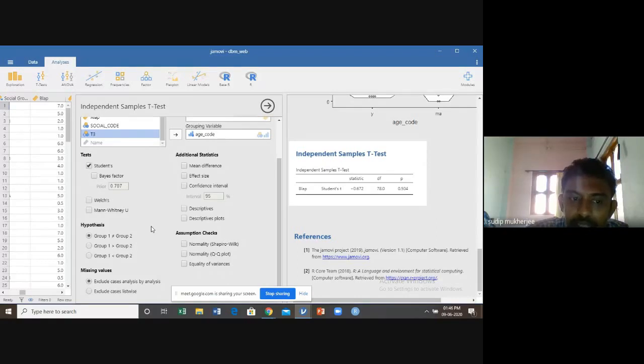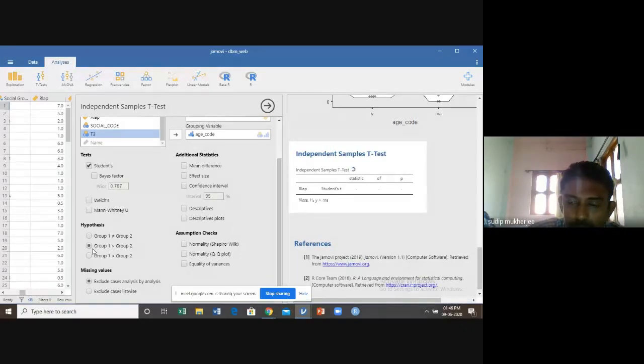The beauty of Jamovi is that you cannot get this in any other software. In Jamovi, the hypothesis is also given. You know what your hypothesis is; these are the alternative hypotheses. If the p-value is less than 0.05, this is true and you accept it. If the p-value is more than 0.05, you do not accept this, meaning this inequality does not hold, so equality holds.